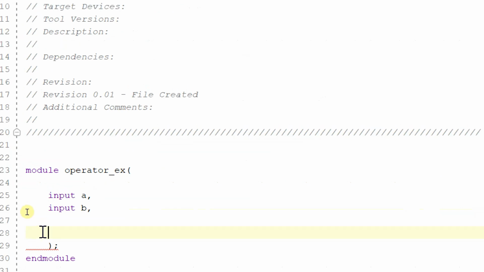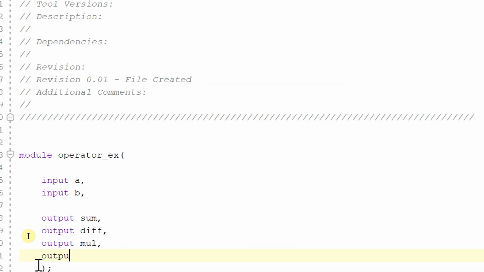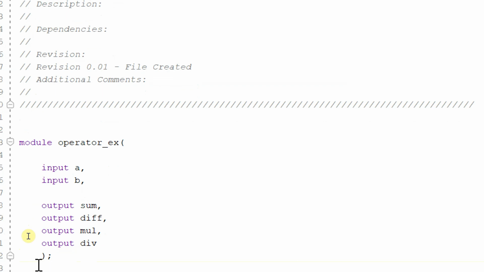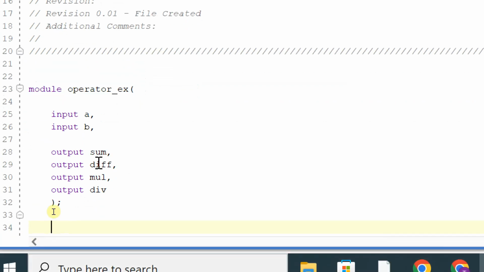I am taking two operands, inputs A and input B, and first I will take output sum, and I will take another output as difference, and output of multiplication I will take as output mul, and for division I will take divide, and initially I will take this, and for getting the output we are using data flow modeling, so I will use assign sum is